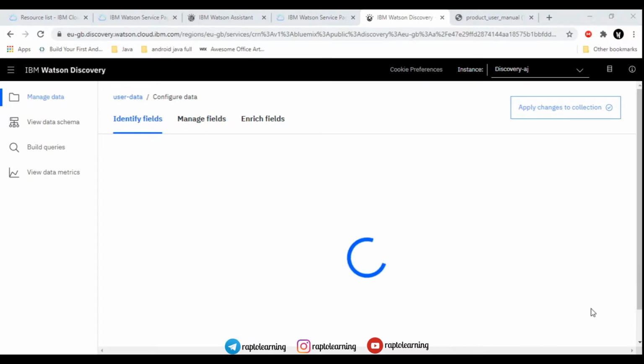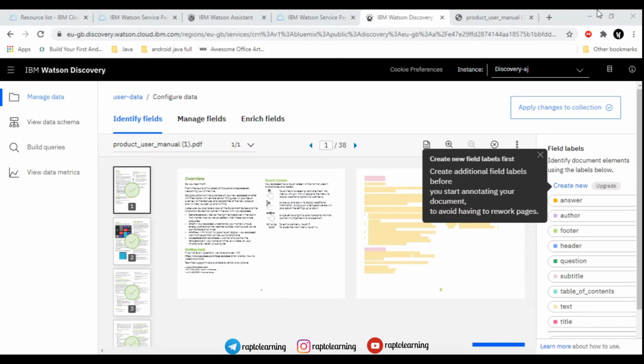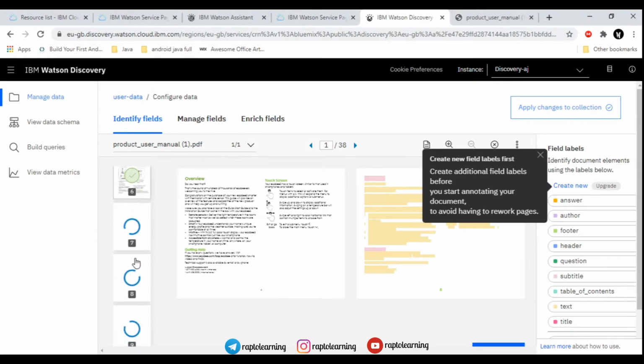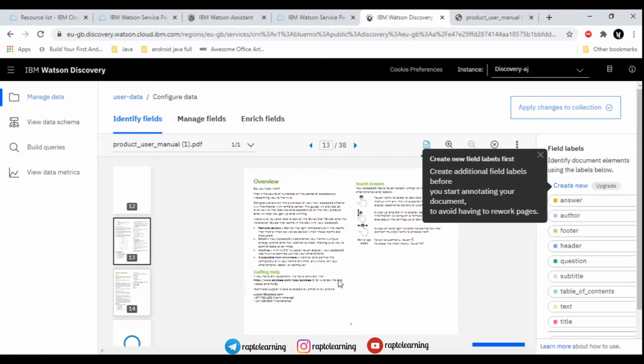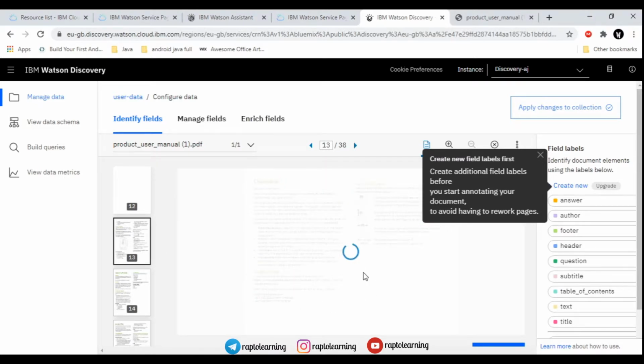It will automatically save the changes, and we just go to identify fields. This is not a very effective feature that we are going to use in the chatbot, but it is for your understanding of how AI works and how to apply it, right? So this video is for that purpose only.